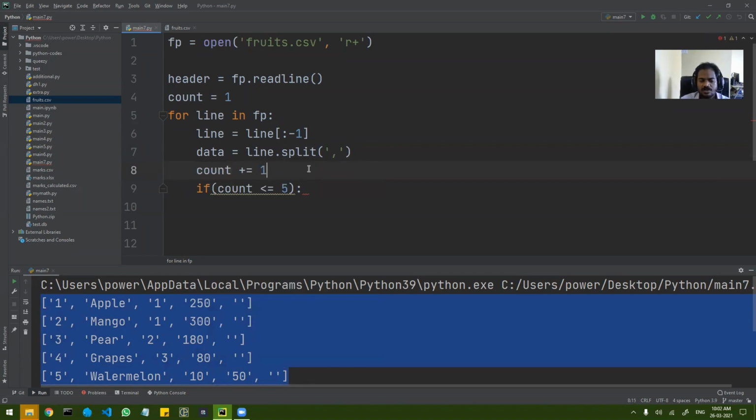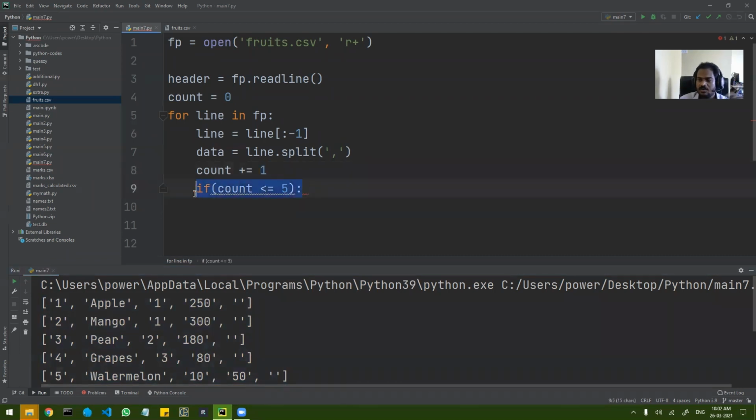increment करता हूँ count and let's start from 0 rather than 1. We will start from 0 so that first iteration में ही ये 1 हो जाएगा, ठीक है, 1 हो जाएगा तो फर्स्ट रो मिलेगा, 2 होके सेकेंड रो मिलेगा, थर्ड रो मिलेगा, फोर्थ रो मिलेगा और फिफ्थ रो मिलेगा, ओके। 6th रो पे जाते ही ये इफ फॉल्स हो जाएगा और वो बंद हो जाएगा, ठीक है।